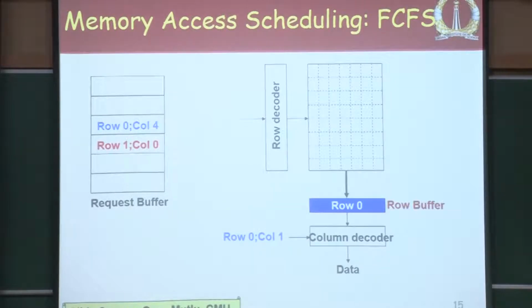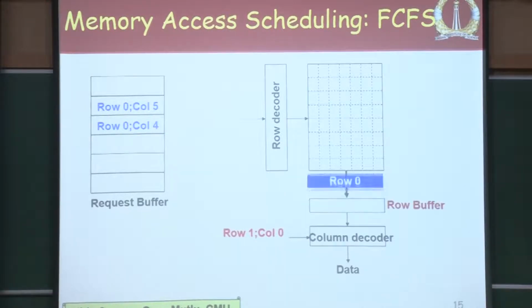Now, what is the third request? The third request is to row 1. So, what do we have to do now? We have to do a precharge. So, let us see how that happens. As soon as the memory controller understands the next request is to row 1, now we are processing requests in order. So, the next request is to row 1 in this particular bank. So, it has to precharge this, and then it has to activate the next row,